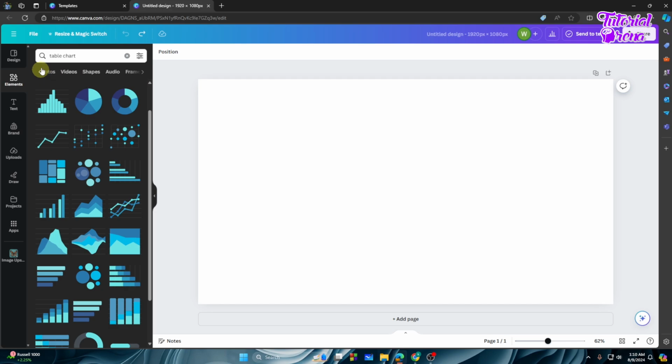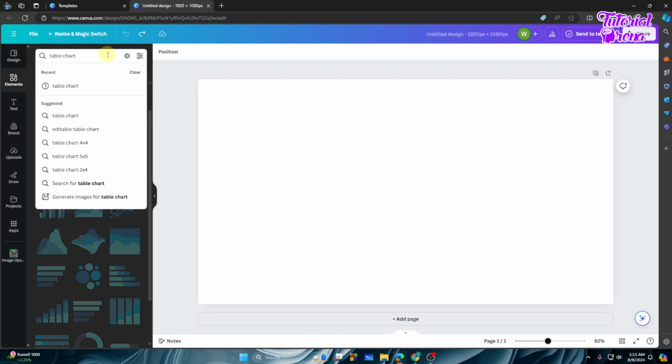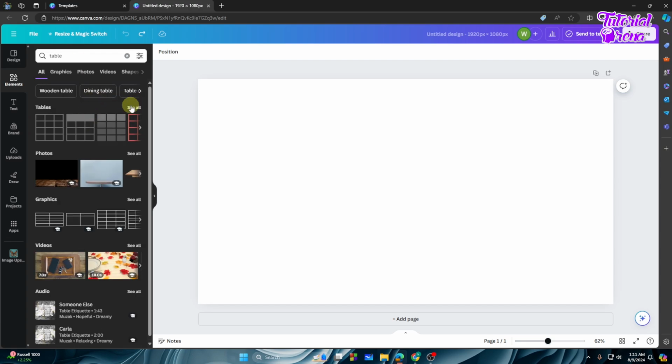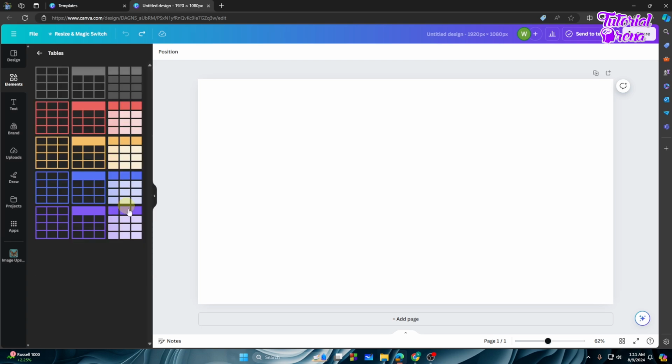And also if you just go back, just go back guys, and again search for table, as you can see we got the tables, so many tables, so we can use those as well by clicking See all. And as you can see we got so many tables with different types of colors,